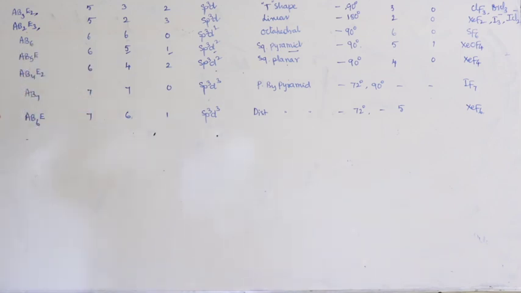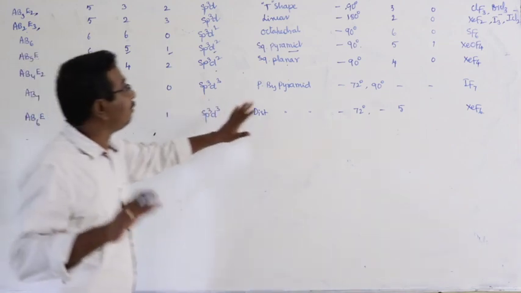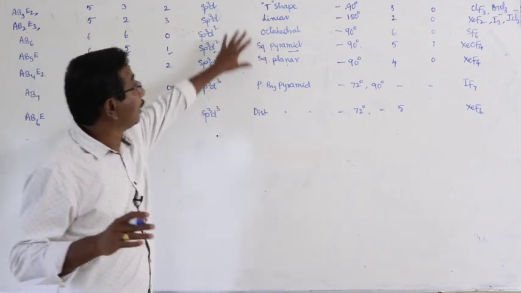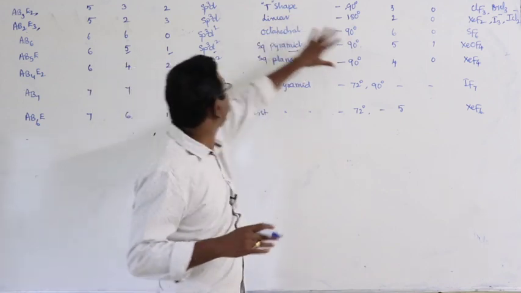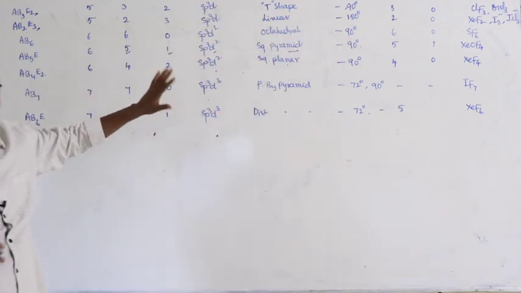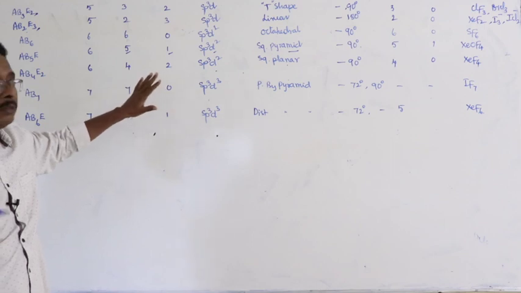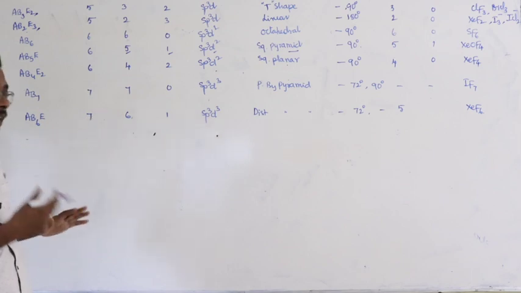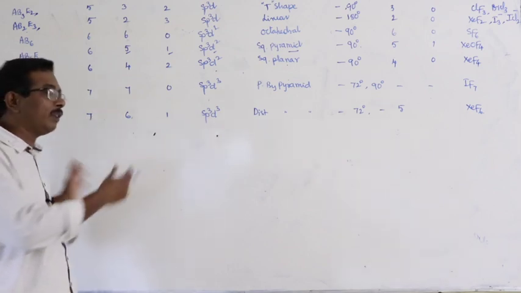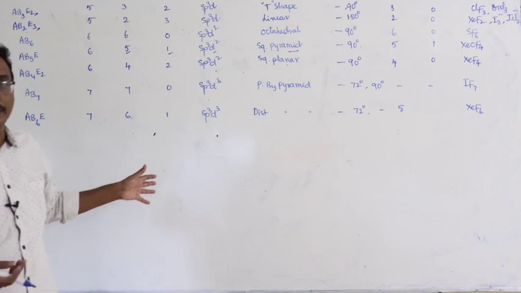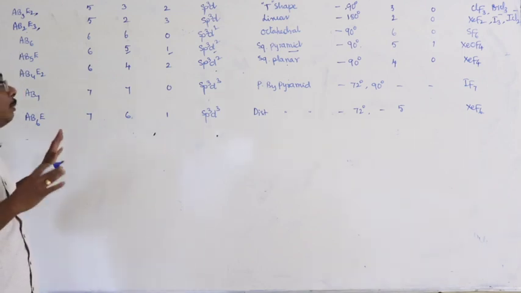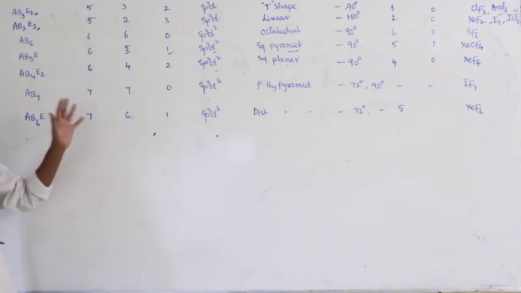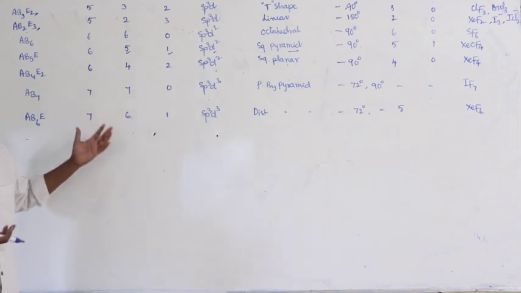So you have to practice it and make the table on your own. Then it is very convenient and comfortable to remember the shapes of molecules, bond angles and types of hybridization, and you can complete the objective bits in a reasonable time. Otherwise, if you calculate electron pairs, lone pairs and bond pairs using the formula, it takes some time. If you construct the table on your own, all these details will automatically be kept in your mind.